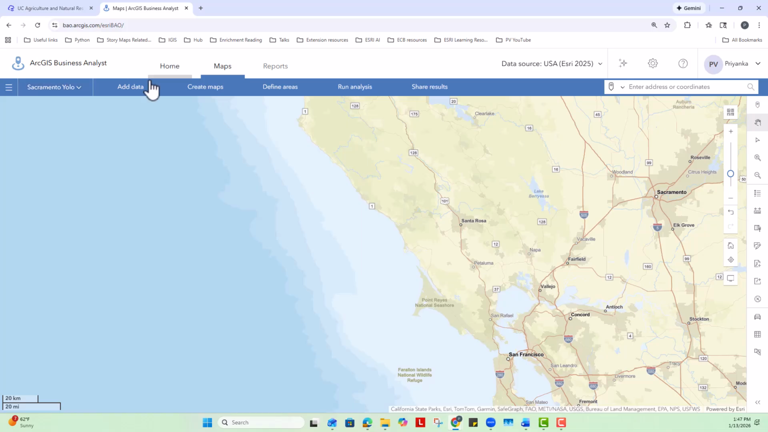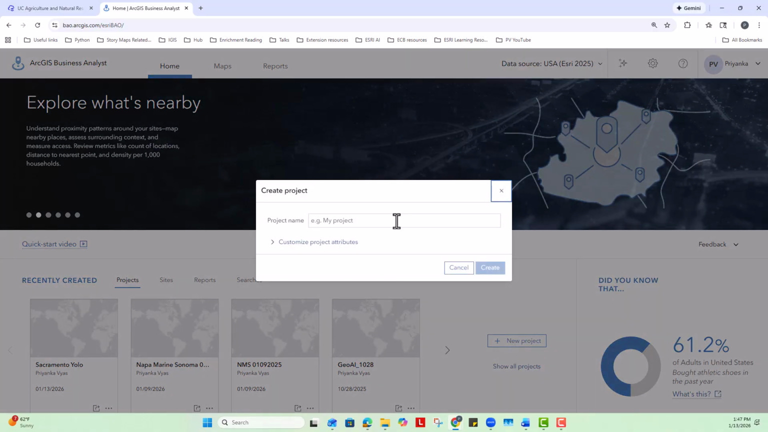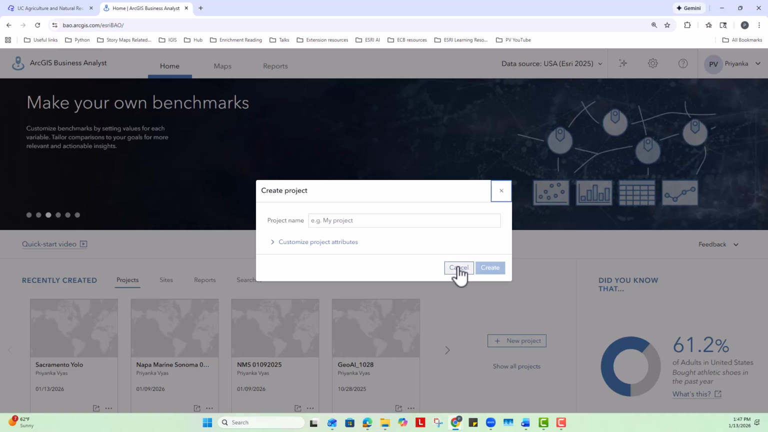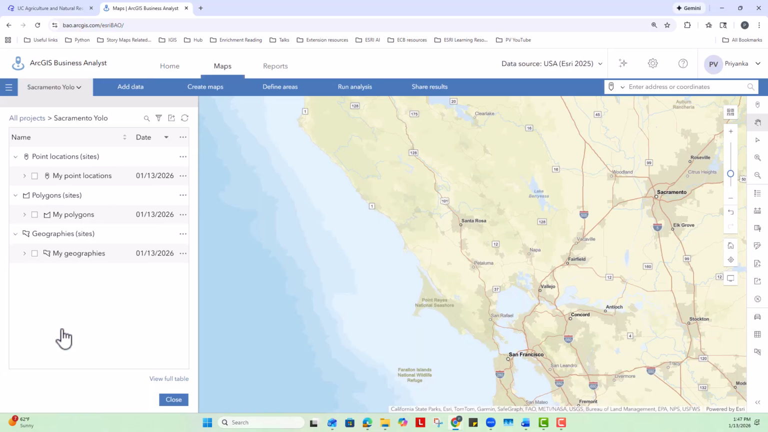I've already given a name based on a project I was just working on, but if you go here on the home page, then you can create a new project and give it a name and get started. Okay, I'm going to hit cancel since I have the project by this name. Here we will create a service area for Sacramento and Yolo County and explore data for these two